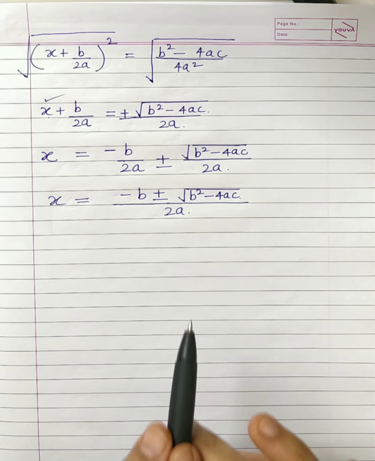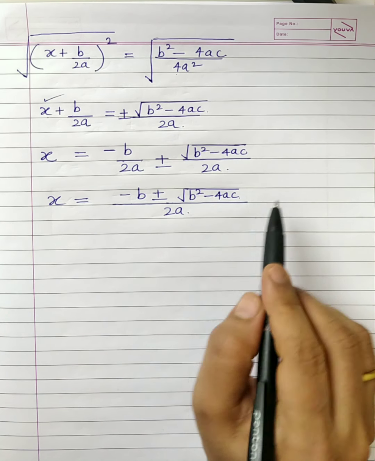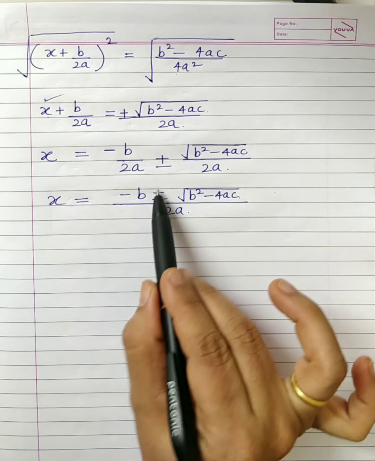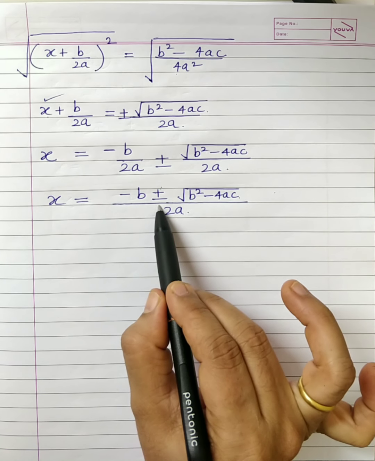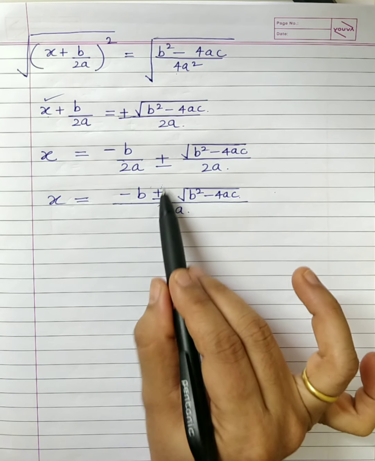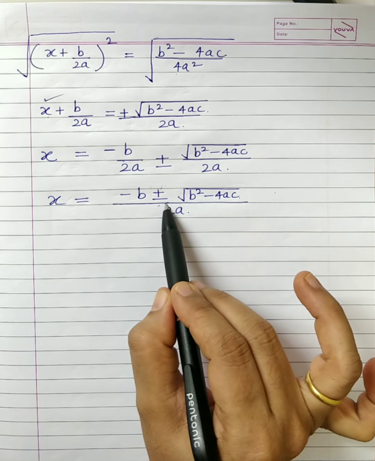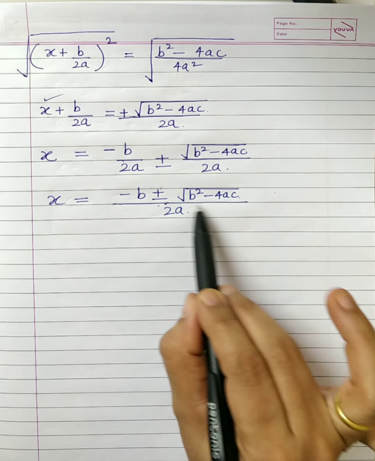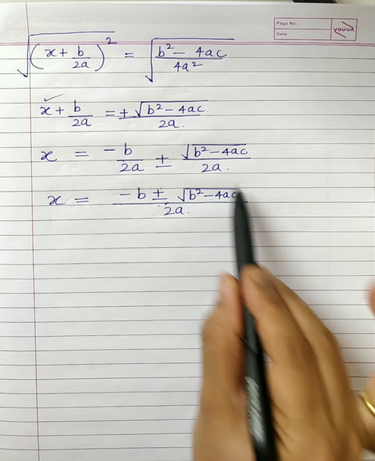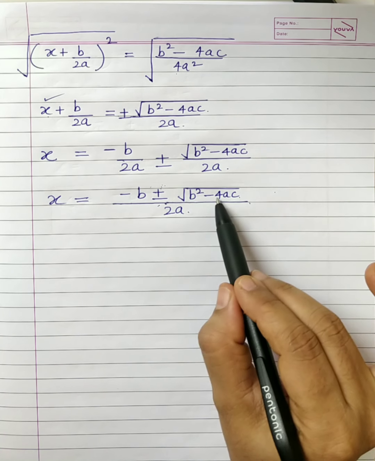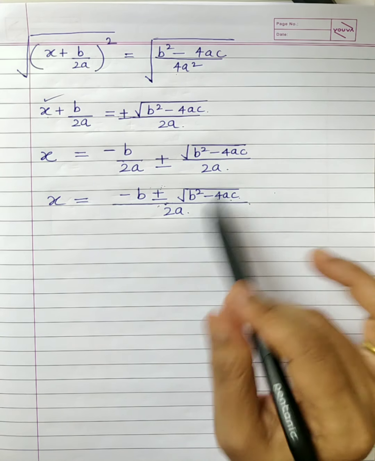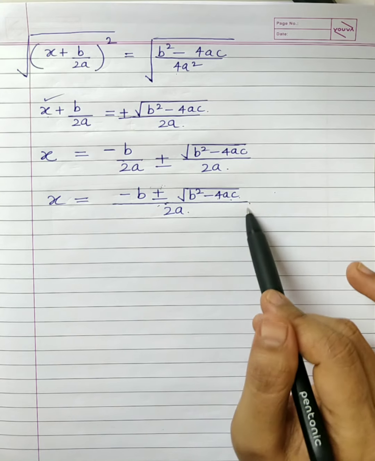Again, a proud moment given by the Indian mathematician Sridharacharya. Look at this plus minus sign. This intimates that always you will be getting how many roots? 2 roots. Also, this part b square minus 4ac decides what will be the nature of roots. So it is known as discriminant. In the next videos, I will be explaining you about this also.